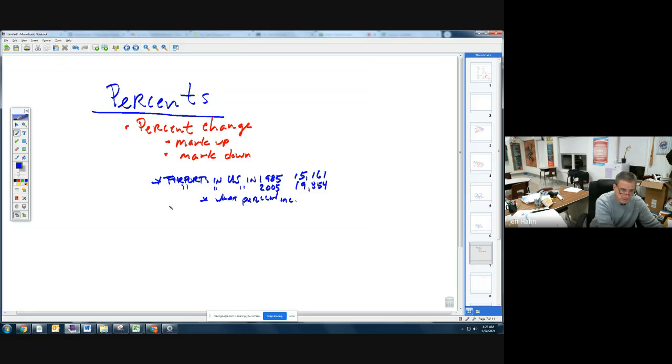Now, any of these things that we're doing today, there's more than one way to do it, and if you got your own special way to do it, by all means, feel free to use it. But this is the way that I found works best for most children. Okay, and here it is.